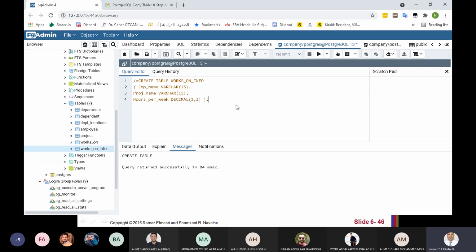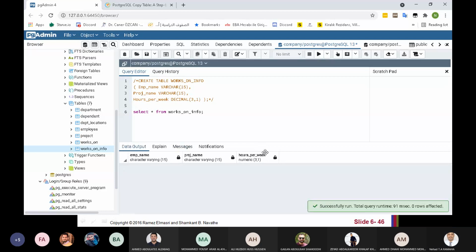Let me, okay, select star from works on info. Okay, it's empty. Okay, okay. Now